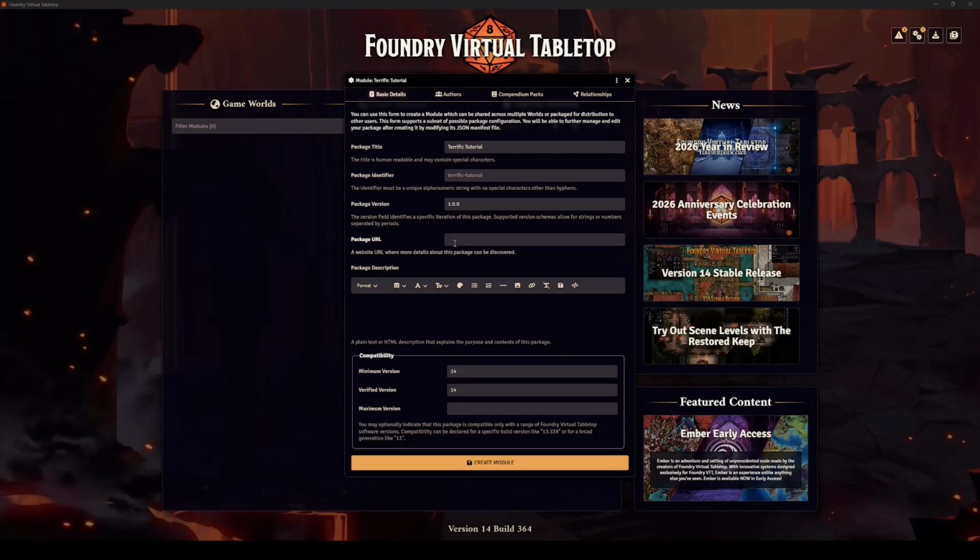Similarly, the package URL is only important if you want users who download your module to have a README page where they can learn more about what your module does and how to use it. Under compatibility, the minimum version and the verified version will automatically be set to the current version of Foundry, and this is fine for your use. If your module is going to work on other versions, you can change that. For my example, I'm going to change this to minimum version 13,